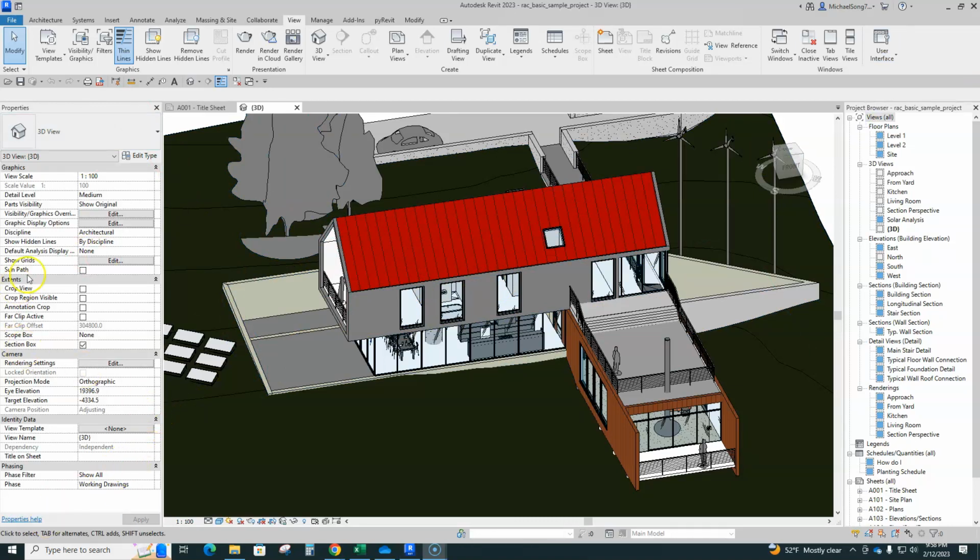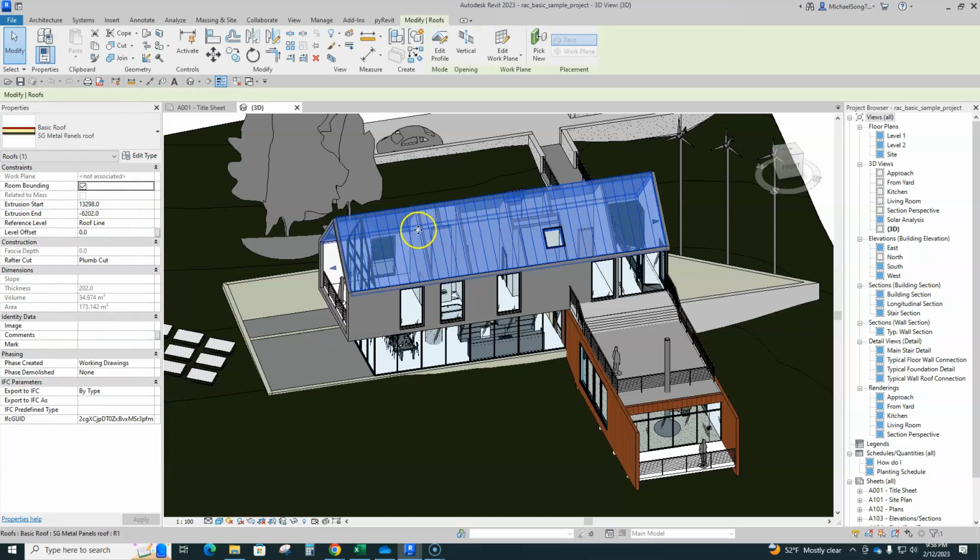The Properties tab and the Project Browser are probably your two most important windows in my mind. The Properties tab will give you the properties of any object that you choose. So for instance, if I choose this roof, it tells me what kind of roof it is, where it starts and where it begins, and it has a whole series of information, all the basic properties of what this element